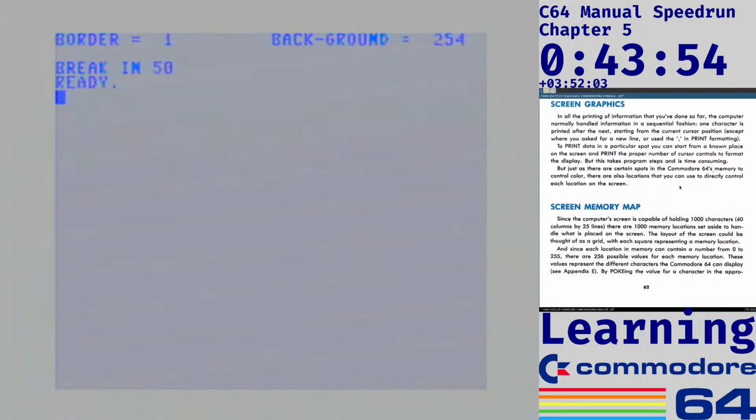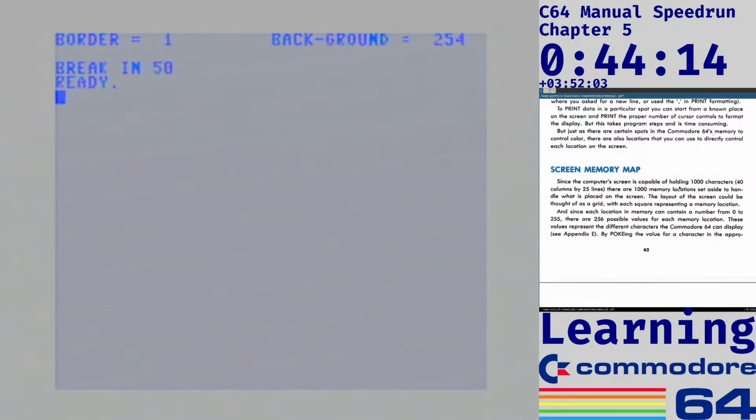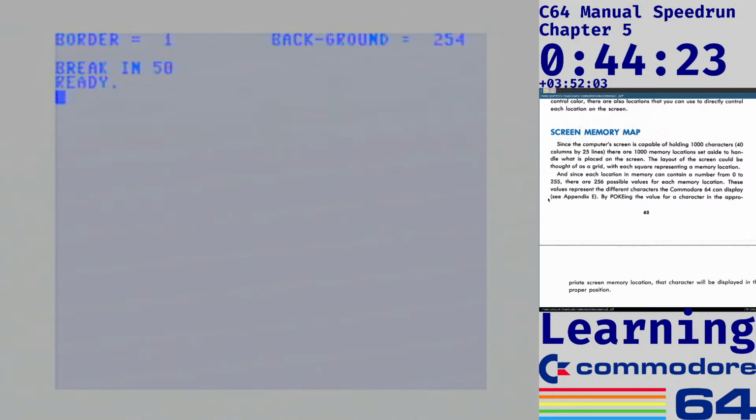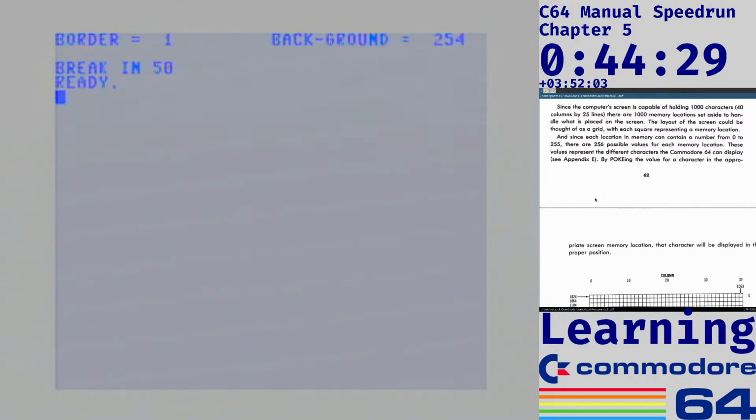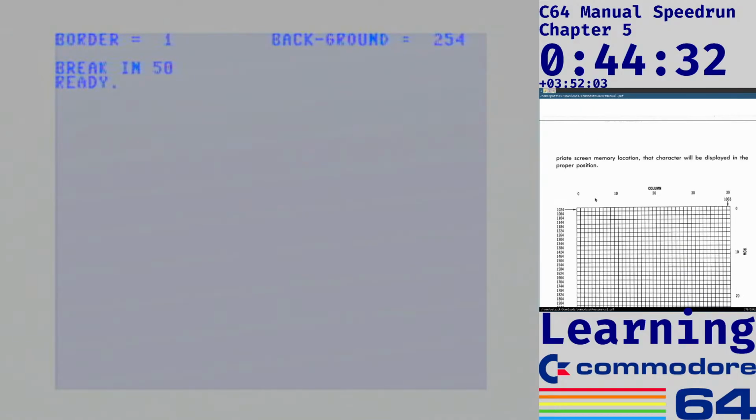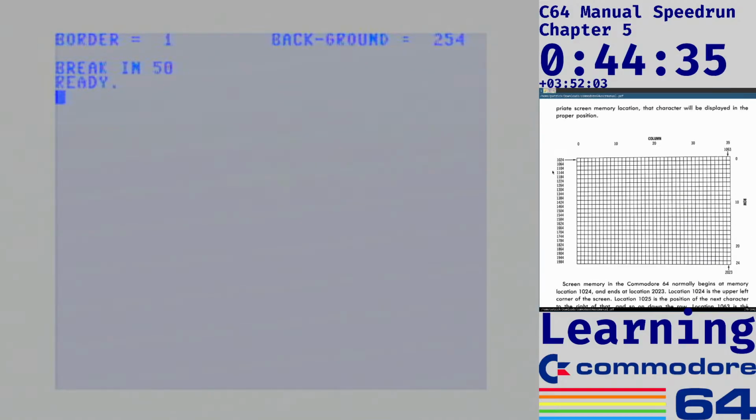Just as there are certain spots in the Commodore 64's memory to control color, there are also locations you can use directly to control each location on the screen. Since the computer screen is capable of holding 1,000 characters, 40 columns by 25 lines, there are 1,000 memory locations set aside to handle what is placed on the screen. The layout of the screen could be thought of as a grid, with each square representing a memory location. And since each location in memory can contain a number from 0 to 255, there are 256 possible values for each memory location. These values represent the different characters the Commodore 64 can see. By poking the value for a character in the appropriate screen memory location, that character will be displayed in the proper position. Okay, so we have this nice graphic